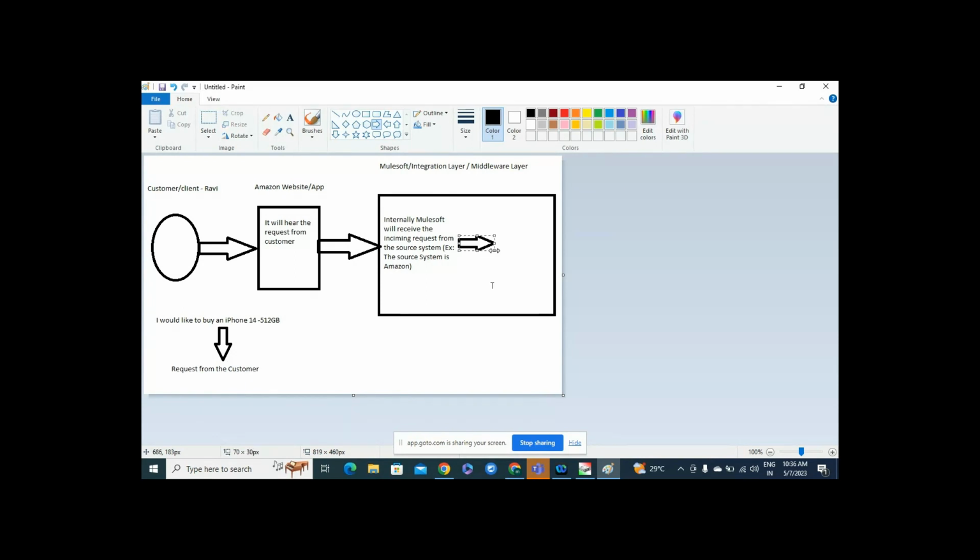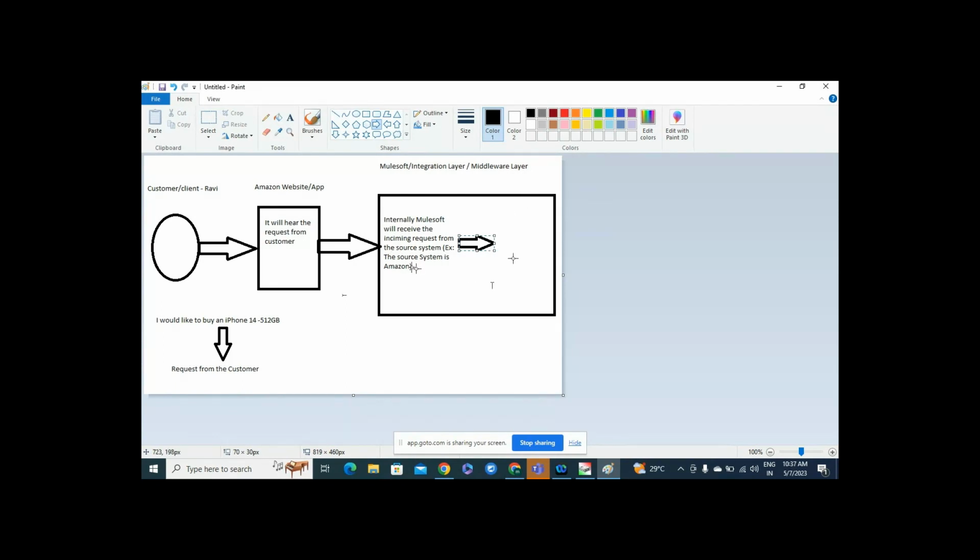It may be Apple, it may be Samsung, Nokia, and so on. The request is specifically about iPhone because the customer is willing to buy an iPhone. As an integration middleware layer, MuleSoft will first receive the request and understand what exactly the ask is, to buy a mobile from Amazon, an iPhone. Then it will convey the same message to the target system.